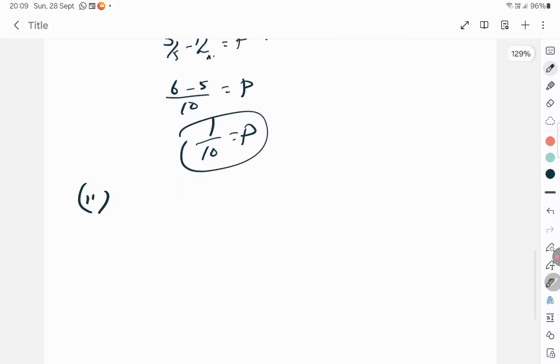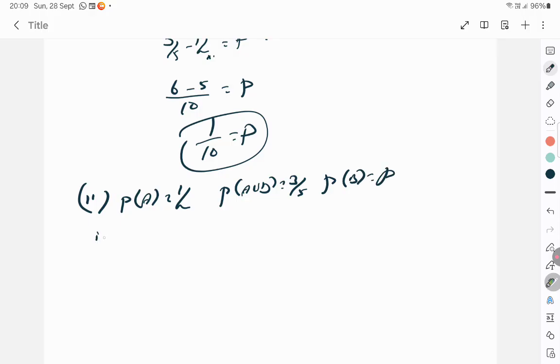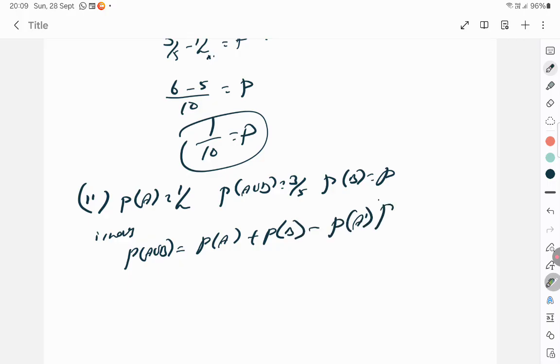In the second subdivision question, using the same data that P of A is equal to 1 by 2 and P of A union B is equal to 3 by 5, you have to find P of B, which is P, given that they are independent events. Independent events means you know that P of A union B can be written as P of A plus P of B minus P of A intersection B, which is P of A into P of B. So let's write what is P of A, 1 by 2, P of B is P, minus P of A into P of B is P by 2,